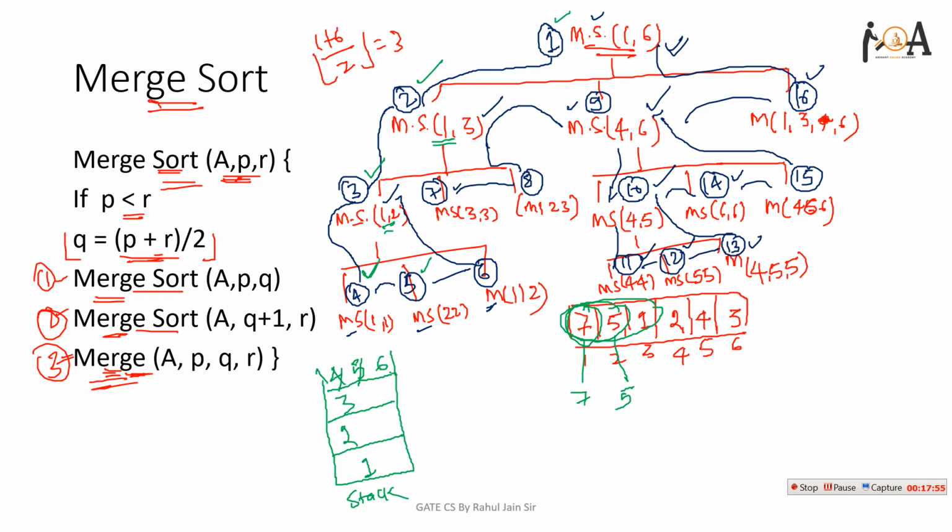Activation record of function 6 will be called, and it is saying merge 1 1 2. So whatever we are getting, we need to merge it after applying merge sort. From 7 and 5, 5 is smaller, so it will get compared with 7 and put first, and then 7 will be there, and then merge sort 1 is completed. So function 3 is now executed.